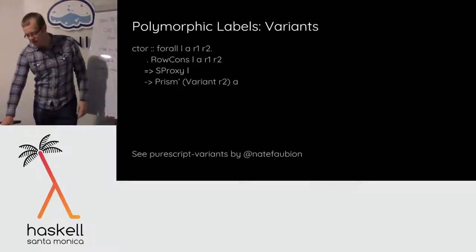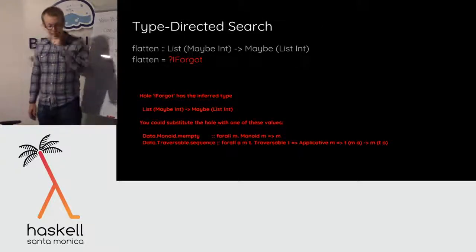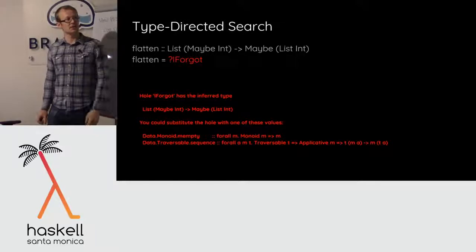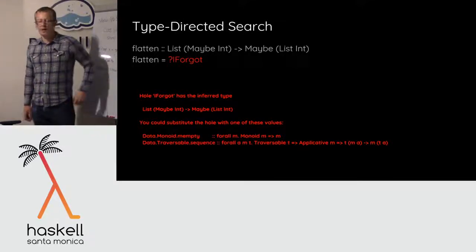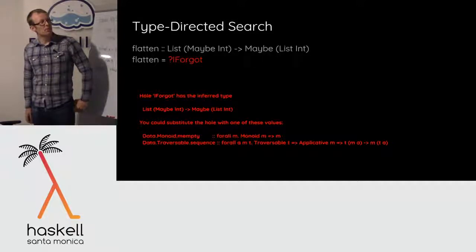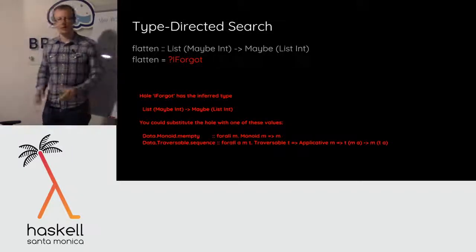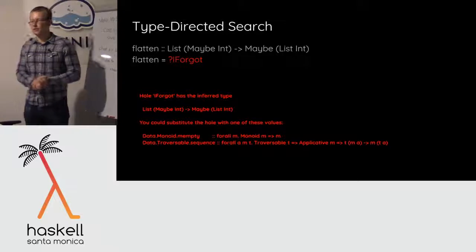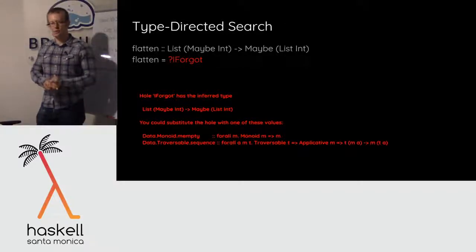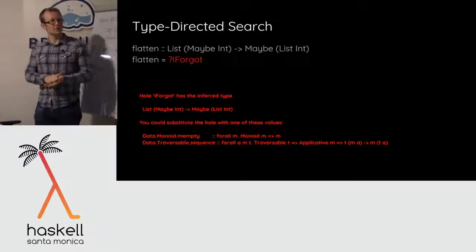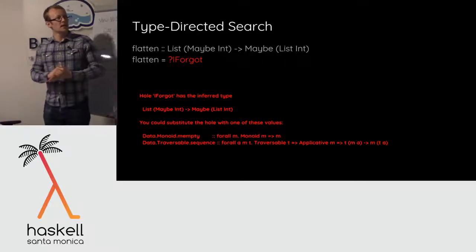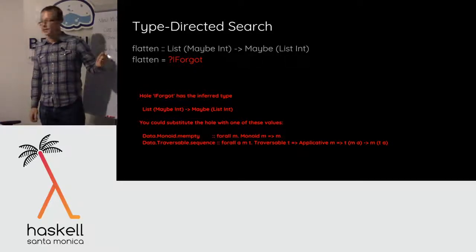So there's a lot of stuff you can do with this functional dependencies row polymorphism combination. I think it's really powerful, which is why functional dependencies is one of my favorite feature additions we added. And then one other thing that I think is really cool that we have that Haskell didn't have until recently, but they just added it in 8.2 or whatever the very latest thing was, is this feature that we tacked onto type holes.